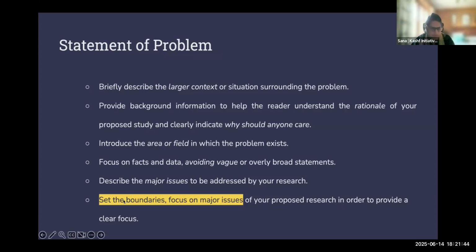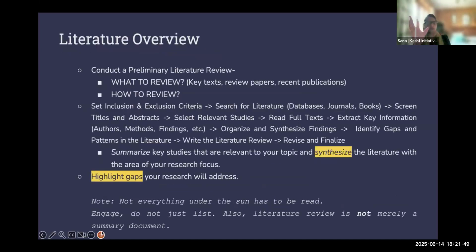So that's how I set the scope, set the limit to my study. And then literature overview. Now, this is not a full-fledged literature review. At this stage, you cannot do a literature review. It's too much of a task. It might find a space in your thesis or dissertation later, but at this stage, what we really do is